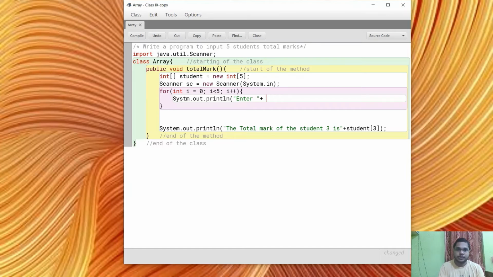Enter total marks of student, concatenated with the i value. That's it.